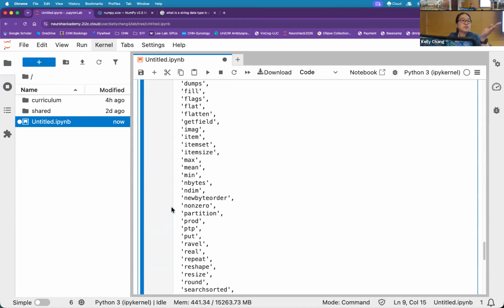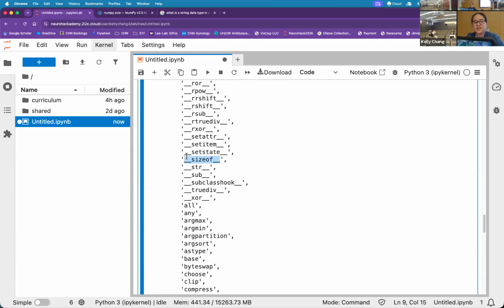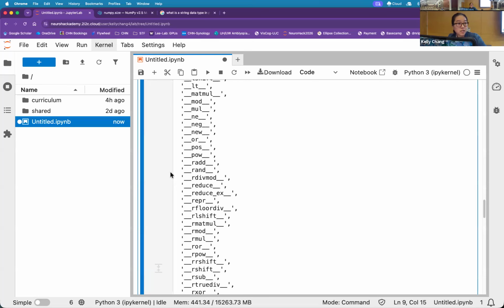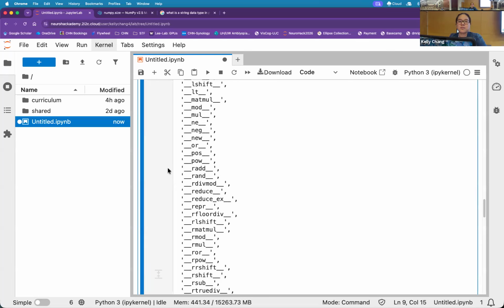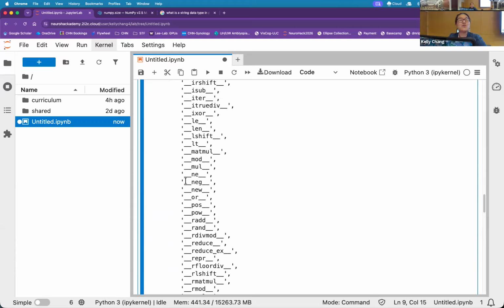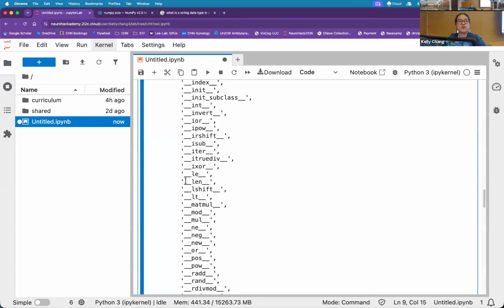Can you, oh, yes, is that a hand? The underscores, these guys right here. So these are a special type of attribute. In Python, there's no such thing as a really private attribute. So in some coding languages, there are some things that a user cannot access. In Python, everything is accessible. So this underscore convention is just to tell other users: don't touch. But you can touch. You can still add on top. You can actually overwrite these too, from what other people have written. It's just a convention to say, please don't touch, or try not to touch.